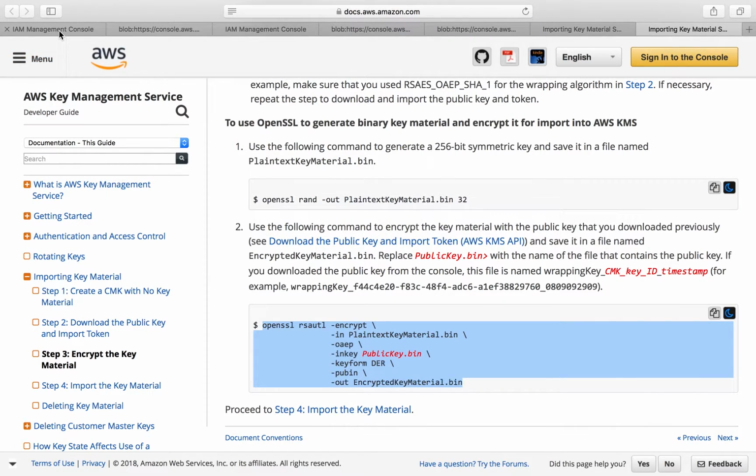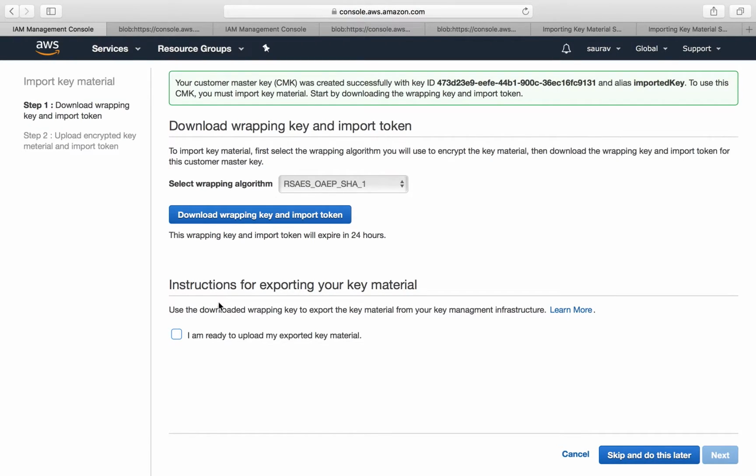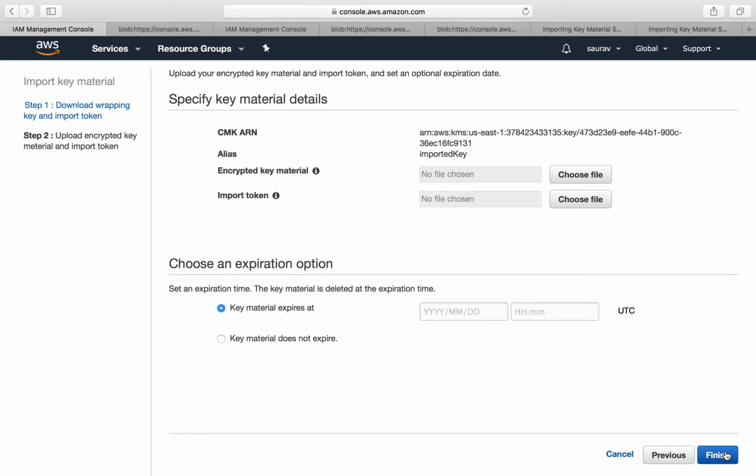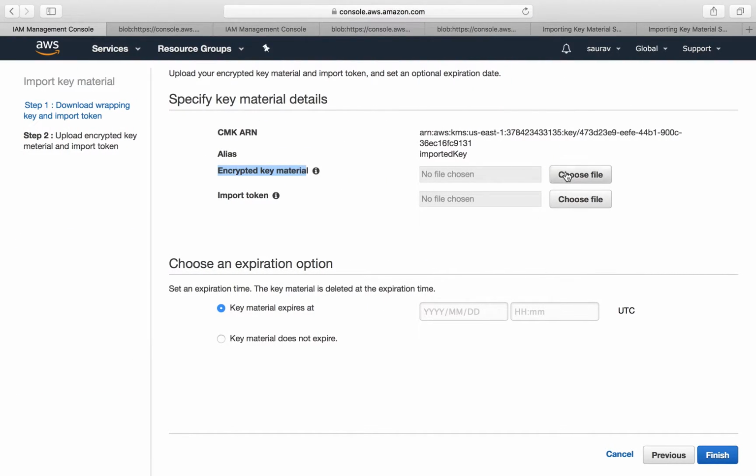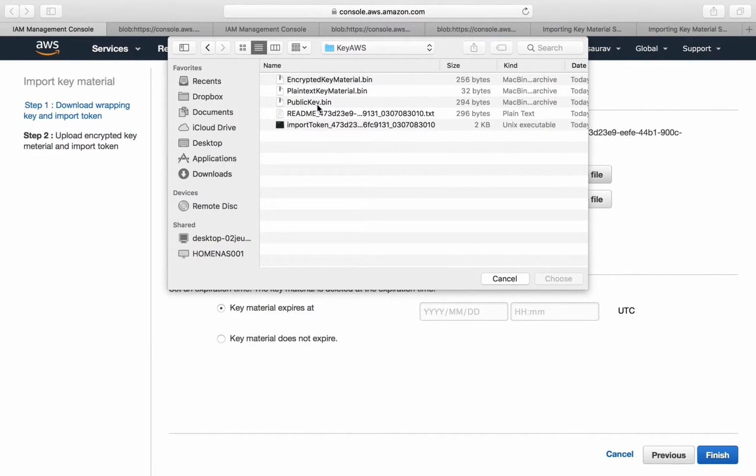So I will go back to the IAM console. I'll check the I am ready to upload my exported key material. Next, and in the encrypted key material, specify the file that contains your encrypted key material. This will be the encrypted key material.bin file. So let's go back, choose, and I'm going to select the encrypted key material.bin,